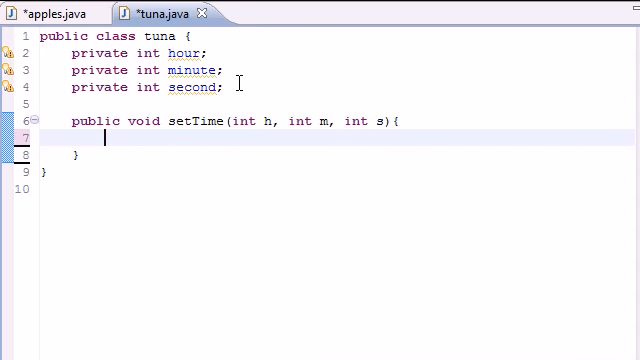So it's going to take three arguments, but we just don't want to let them enter any number they want. Since the hour has to be between 0 and 24, the minute has to be between 0 and 60, since that's how many minutes there are in an hour, and the seconds also have to be between 0 and 60. So what we're going to do is check this data before we enter it. So let's put hour is equal to, and instead of just h, let's go ahead and check it. So let's go ahead and write,